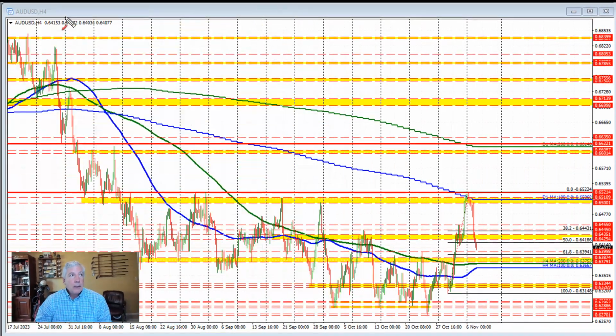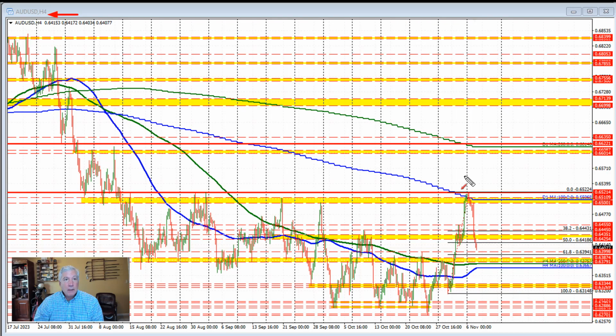This is a Forex quick look. Take a look at the Aussie versus US dollar. Looking at the 4-hour chart, yesterday and Friday, I guess, the price was testing its 100-day moving average. That's the blue overlay line here, currently at 0.65068 and moving lower. We also moved up to test the high prices going back in time to this point